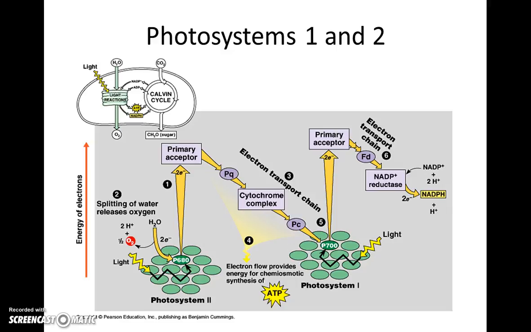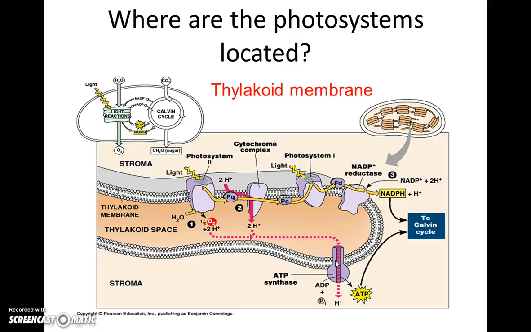There are two photosystems in every electron transport chain. There's photosystem 1 and photosystem 2. Yes, it seems backward. For whatever reason, photosystem 2 comes before photosystem 1 in the chain. Again, we'll talk about this more. I'm not going to go into details here. Right now, you just need to know that there are two photosystems. There's two collections of solar panels here. All right? And this is going to be involved in the light reaction,